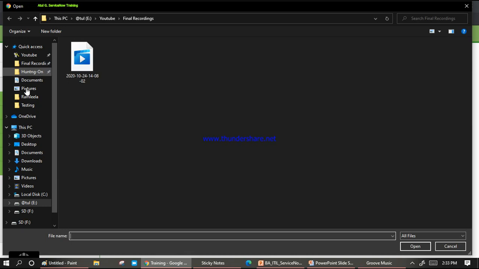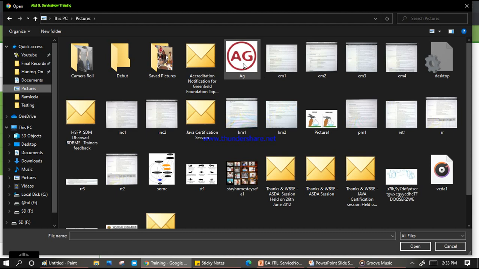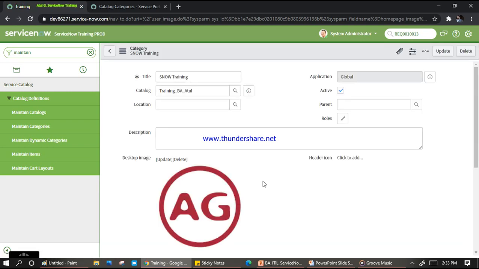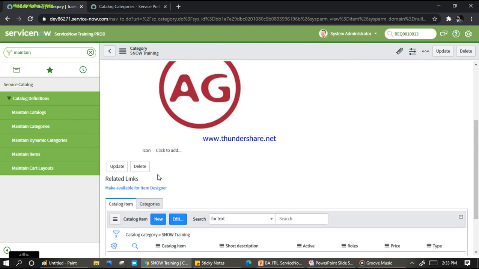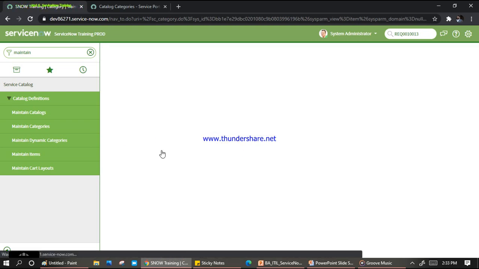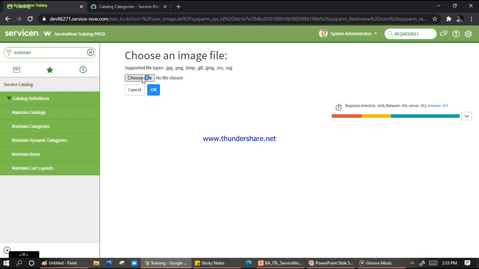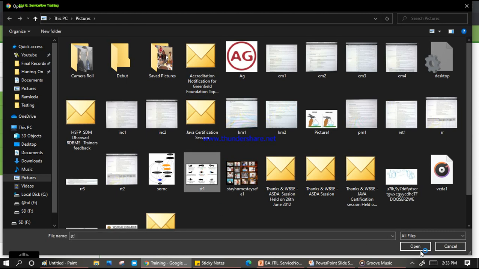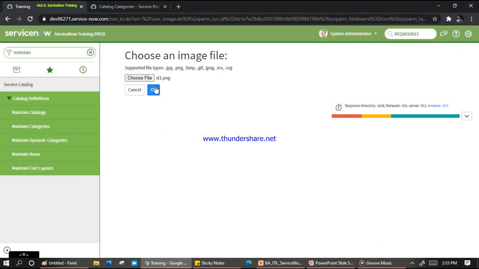I go to the pictures here, click on this, open it, click OK. Okay, so I'm just putting this image here now. Any header icon you want to put, any icon you want to put, let me put an icon as well. I want to put this one as the icon. This is one of my favorite images actually. The types of stakeholders here. So I put this one. Okay, and click on the OK.